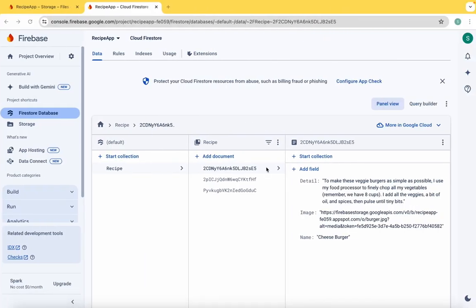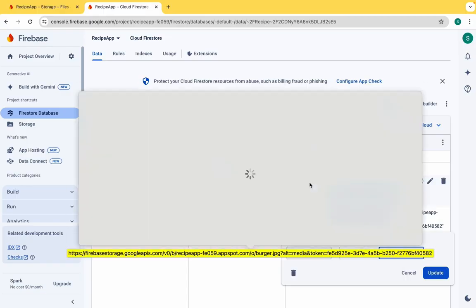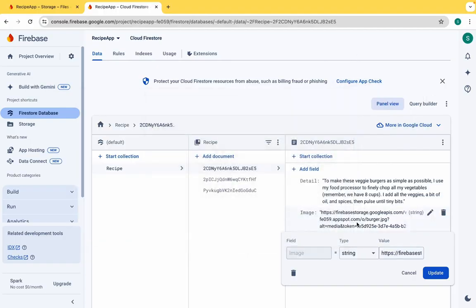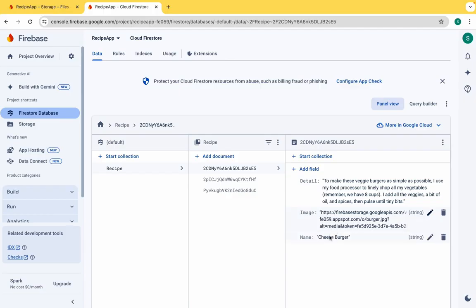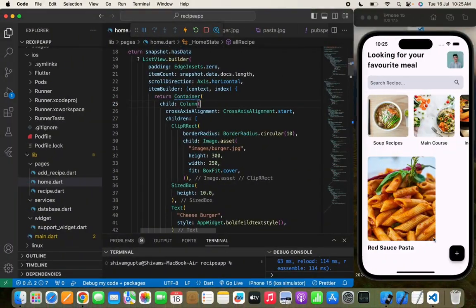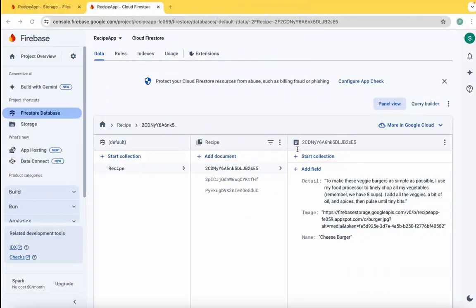Now let's move to the Firebase, and here you can see a recipe collection, and I have added 3 documents in the recipe collection. So the first document has detail, image and the name. In the detail we are going to show the recipe detail. The image, as you can see, I am talking about this burger image, and the name which is cheeseburger. So I'm going to show this detail in this trending recipe list view,